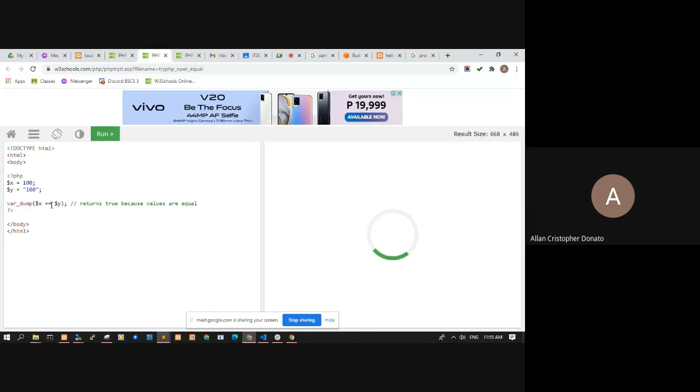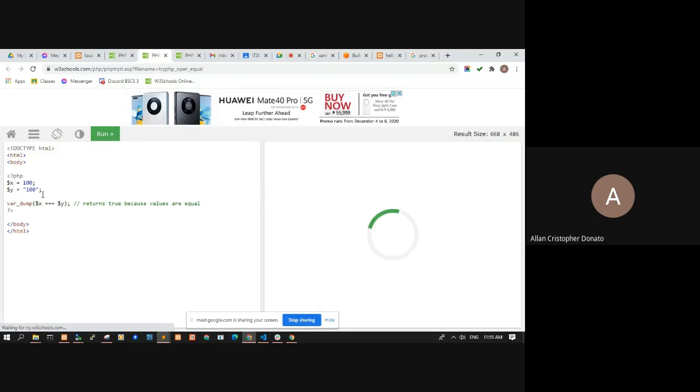But using triple equals as comparison operator will result to false. Why? It's because the number 100 is not equal to the string 100, which compares both the value and the type. Okay? Number is not equal to a string.